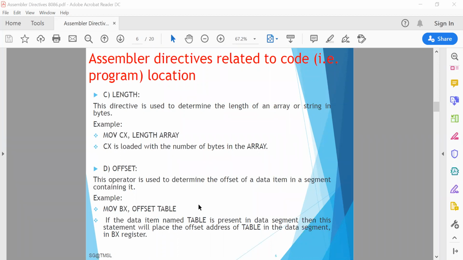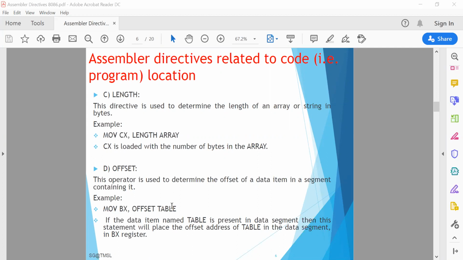So instead of giving the address directly, the offset address of that data byte will be placed here, and this will be stored inside the bx register as your offset address. You don't need to give the address directly.